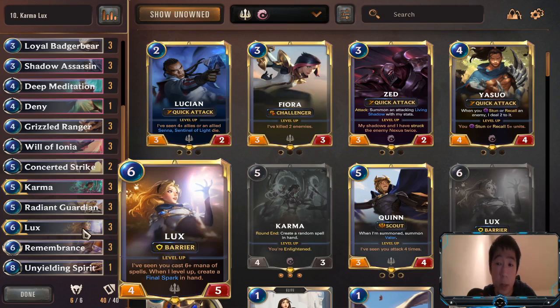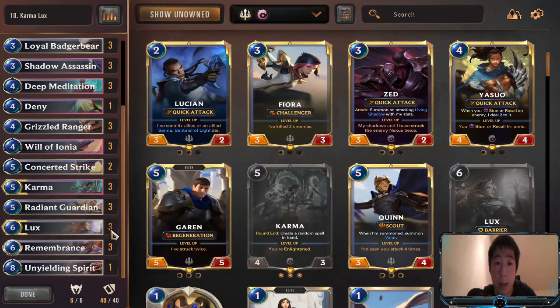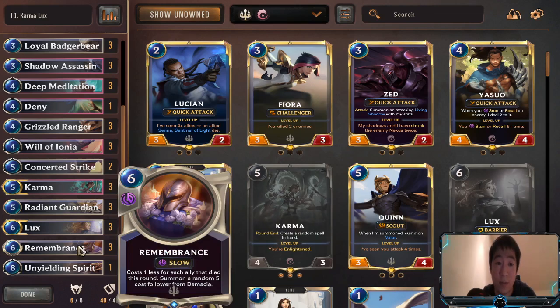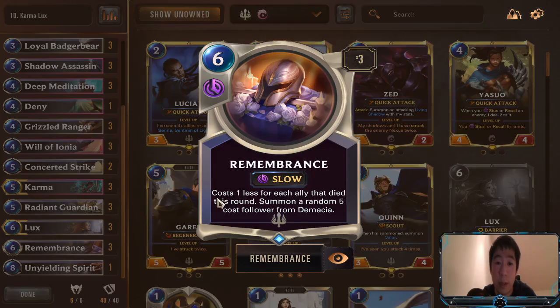Lux we've gone through already. Lux and Karma are the main aims of your deck. So we've gone through that. This is a really, really good card actually, Remembrance. With Remembrance, every time an ally died this round, this card reduces by 1 mana for every single ally that's died. And when you do use this, you get to summon out a random 5-cost follower from the Demacia